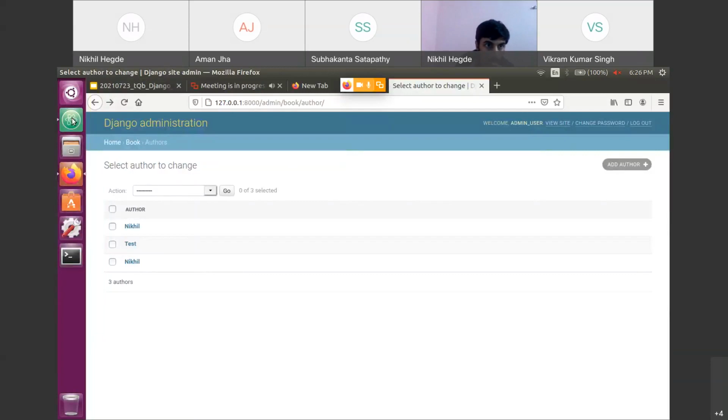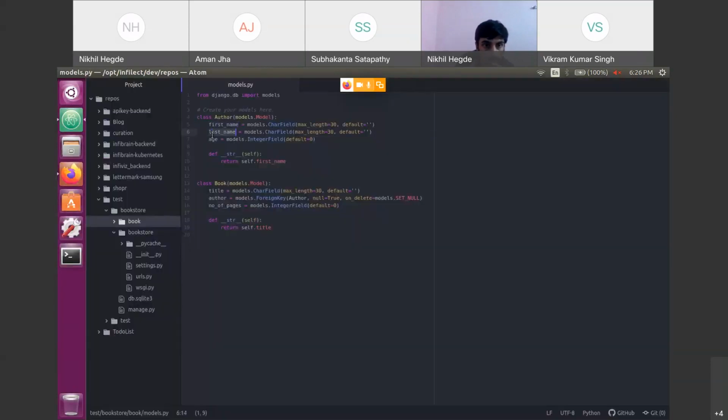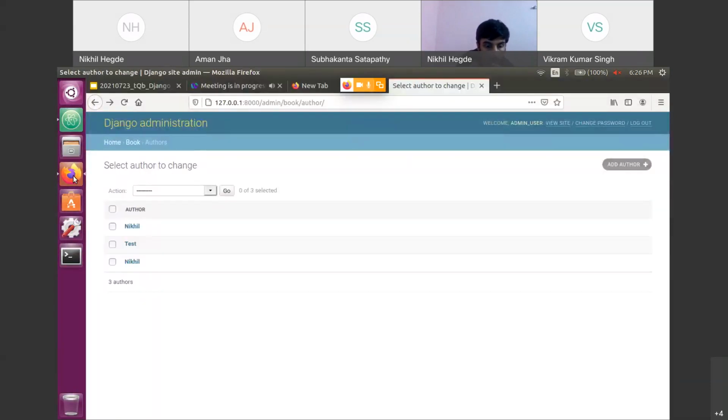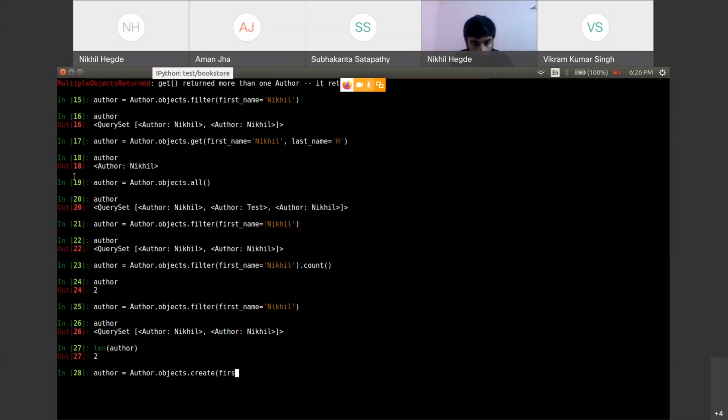author.objects.create, and I know what attributes are there inside the author table, which are first name, last name, and age. So I need to pass those names. I'll pass first name equal to new, last name equal to user, and age equal to 45.